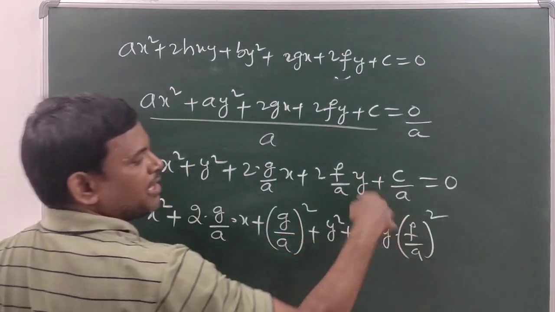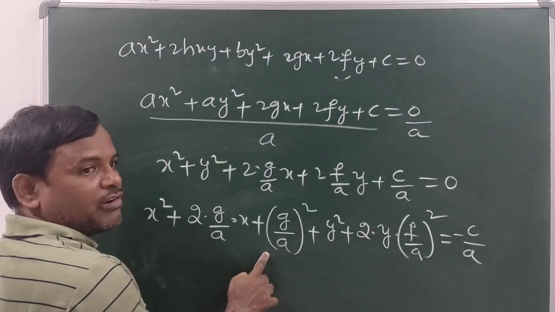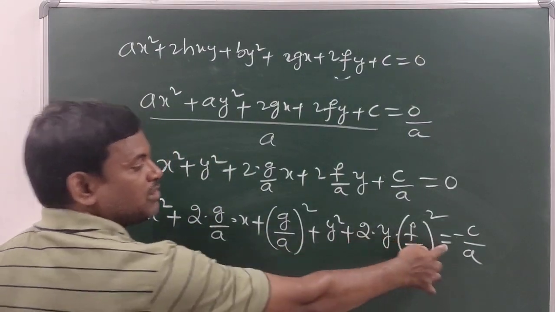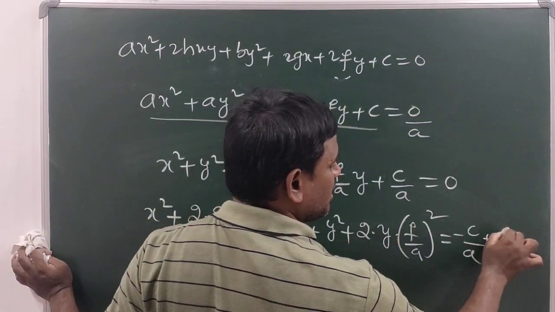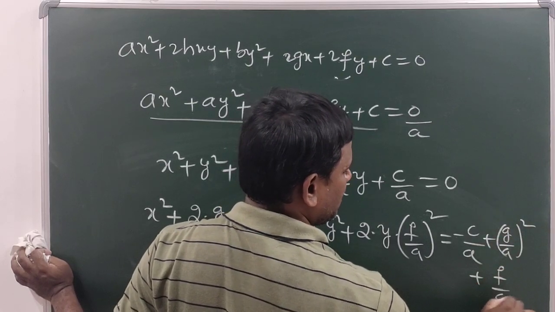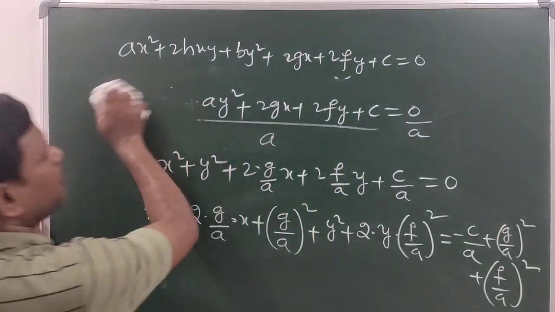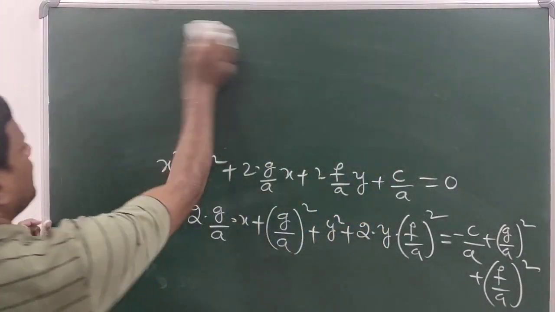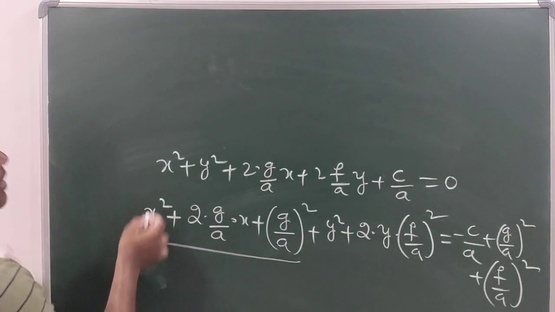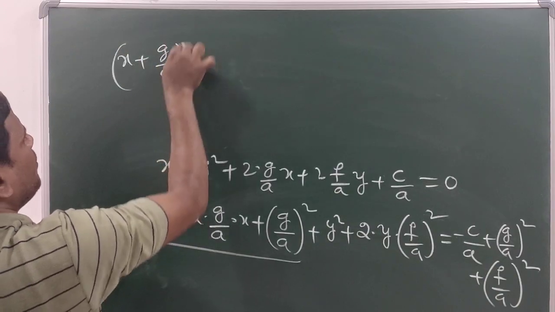So here c by a, transfer this one to the right side. So here what I have taken, g by a whole square, on the left side of the equal symbol, at the same time it should be written on the right side of the equal symbol. G by a whole square, here f by a whole square. So in the next step, from here to here it can be written as x plus g by a whole square,